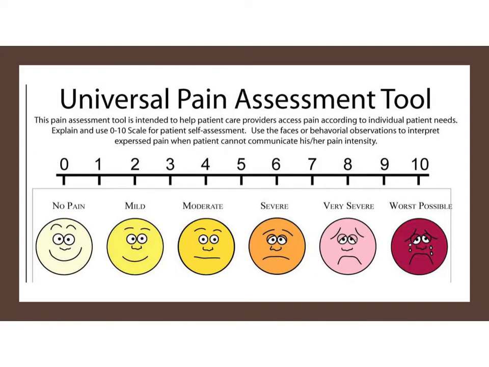Another problematic facet of this scale is it doesn't cover all of the other factors of pain that we discussed. The psychological toll of pain, the physical limitations of pain, the loss of independence because of pain. So you can see if we boil down something complex like pain to a number scale, we are inherently under-treating the patient.